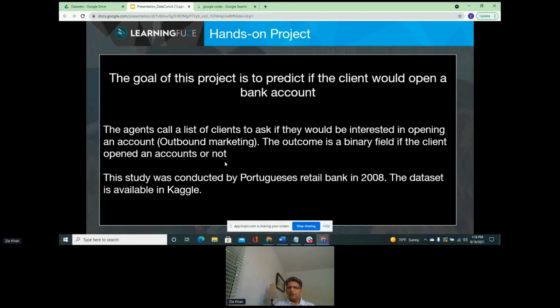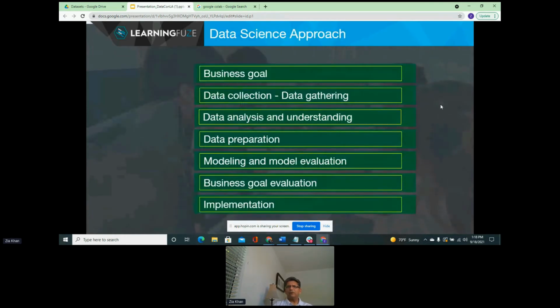Now, for any of these projects, this is one of the data science approaches that we take, and I'm going to share a little bit about that approach. So at the top of the approach is that we need to understand what we are trying to do. In this case, our goal is to get enough information from the data that we have, which is about marketing campaigns, that we can build an algorithm that will help us identify potential prospects from a list of data.